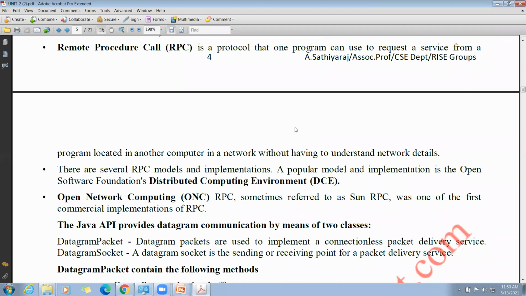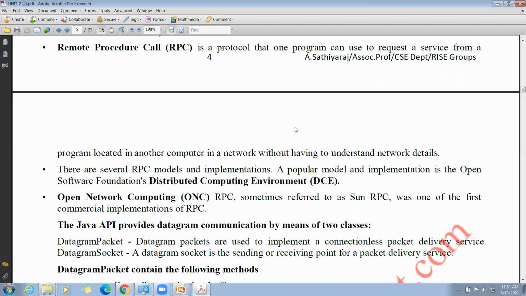There are several RPC models. The first RPC model is the distributed computing environment. Here, the first one is open network computing. The open network computing remote procedure call, sometimes referred to as Sun RPC, was one of the first commercial implementations of RPC.